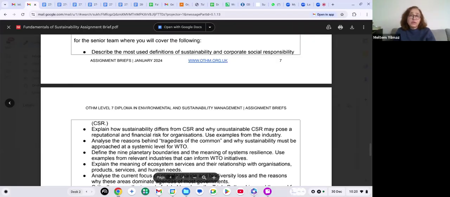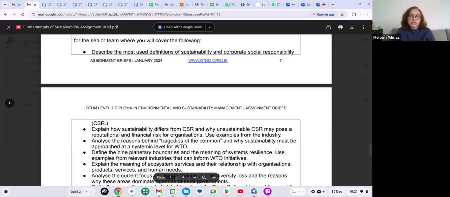We expect you to use examples from the sector and industry. Analyze the reasons behind strategies of the commons and why sustainability must be approached at a systemic level for the